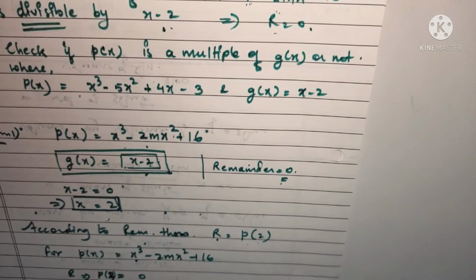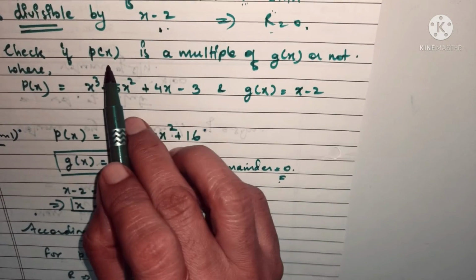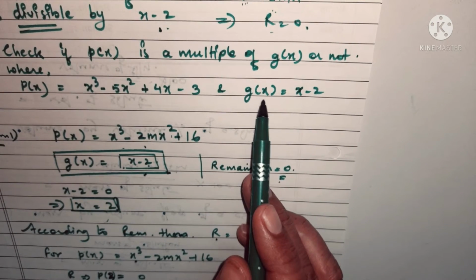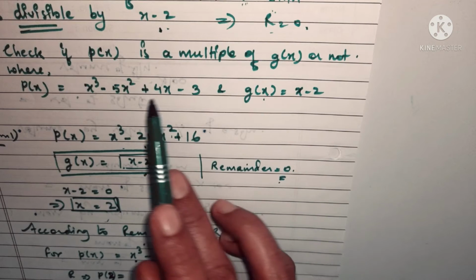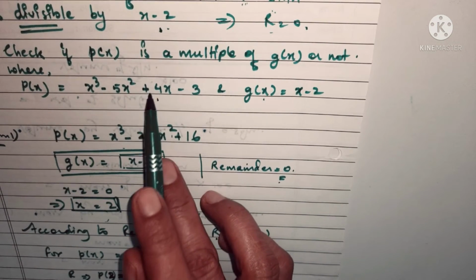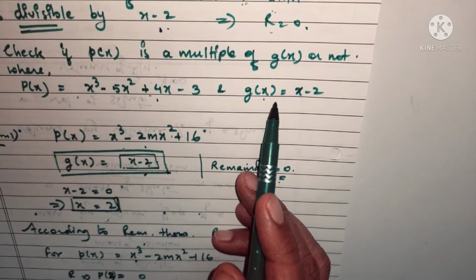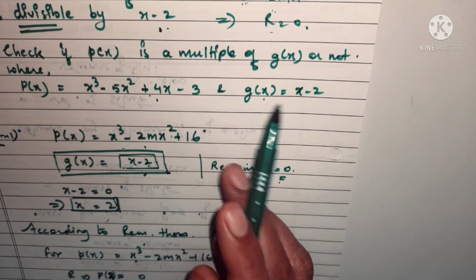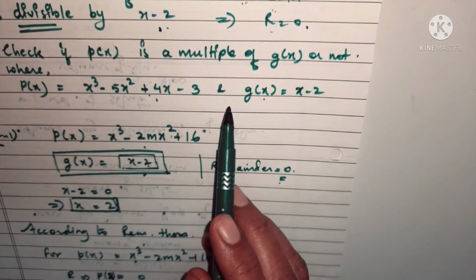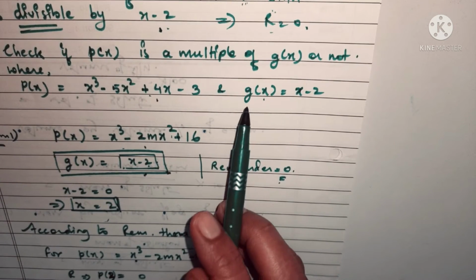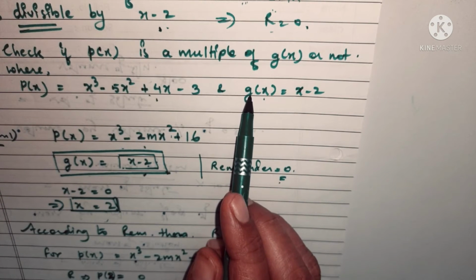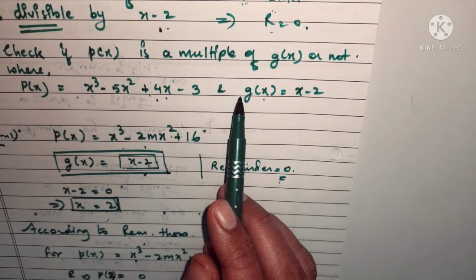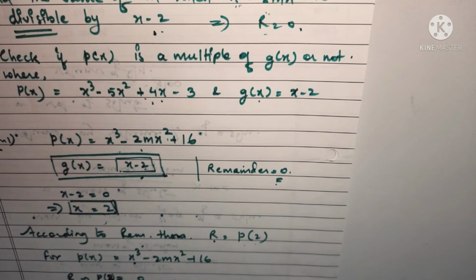This is to check if px is a multiple of gx. Now again here it is the same thing that you will be finding. What you have to simply check is whether this px is a multiple of this gx or not. To know that, you have to understand that the remainder is going to be 0. Okay, in this case also you have to show that the remainder is 0, then only it is possible that this gx is a factor of this, or this will become the multiple of this. So let us try to find out.